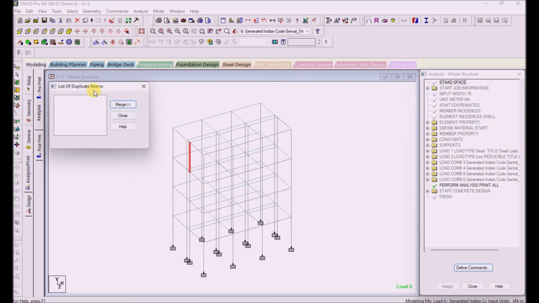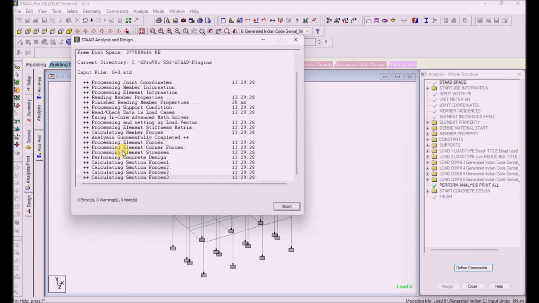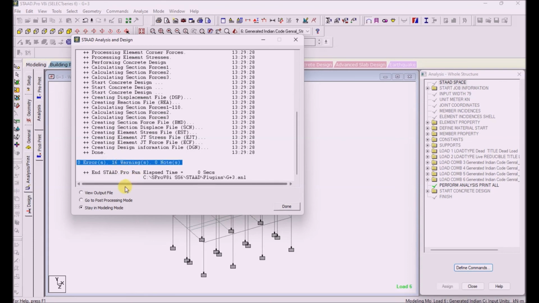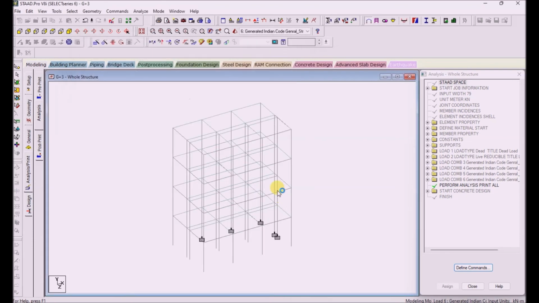Here you can see all those duplicate beams have been merged. Now, if you just run the analysis again, just build the structure, you can see only 16 warnings related to